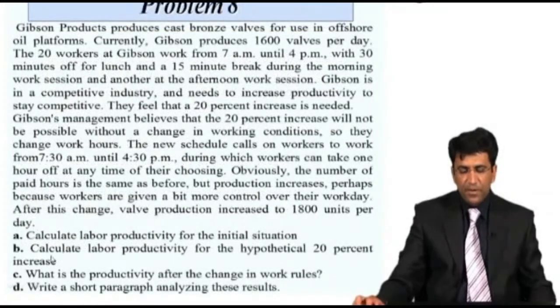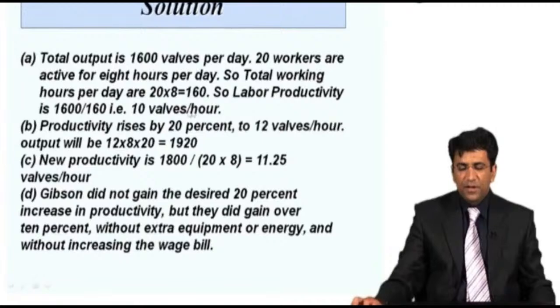Now students, what is the second requirement? We'll have to calculate the labor productivity for the hypothetical 20% increase. As we just calculated, the productivity is 10 valves per hour. If there is an increase of 20% in productivity, it will become 10 plus 10 multiplied by 0.2, that will be equal to 12 valves per hour. So if they want to increase the productivity by 20%, the new productivity will be 12 valves per hour, and